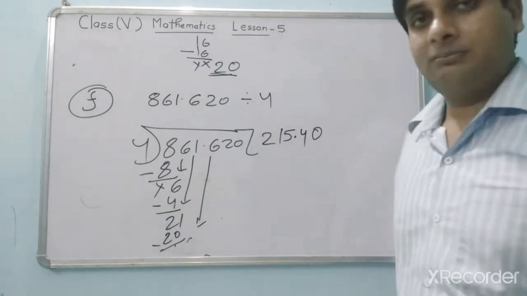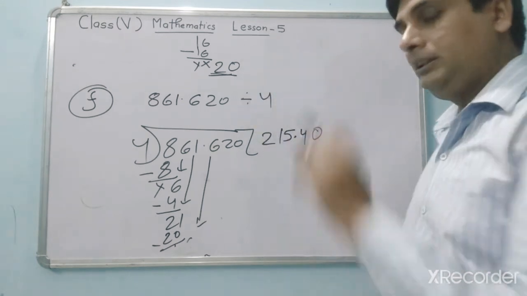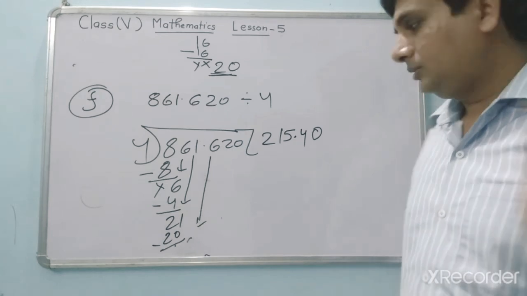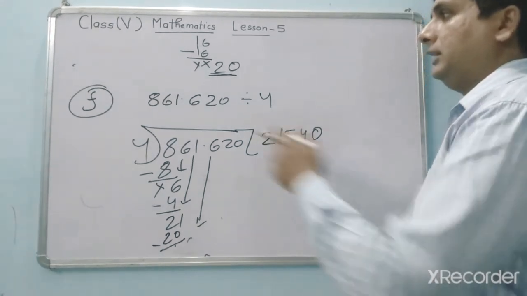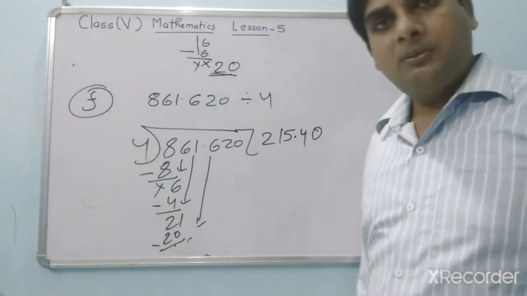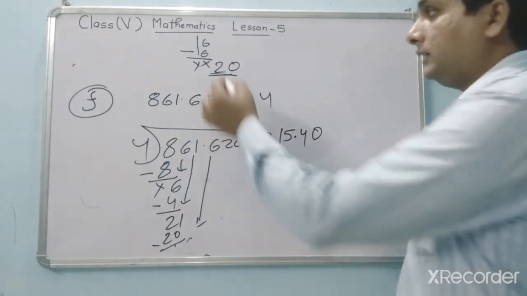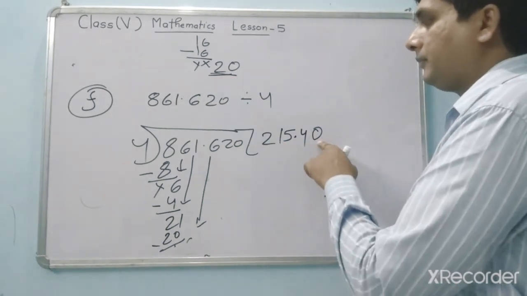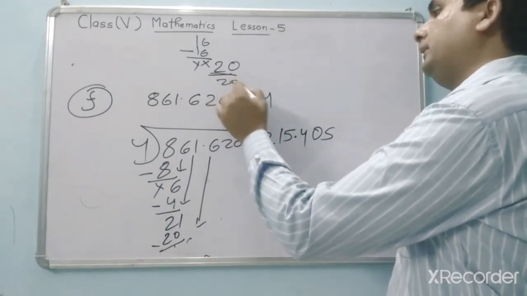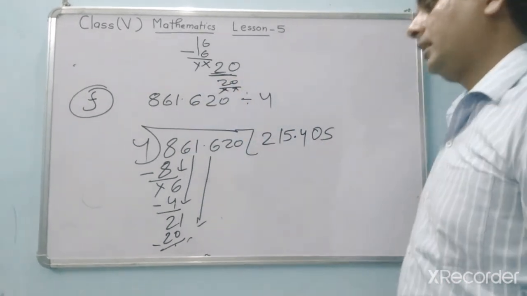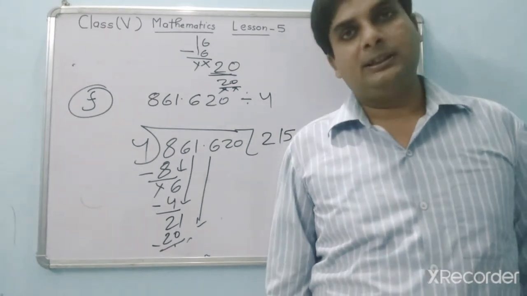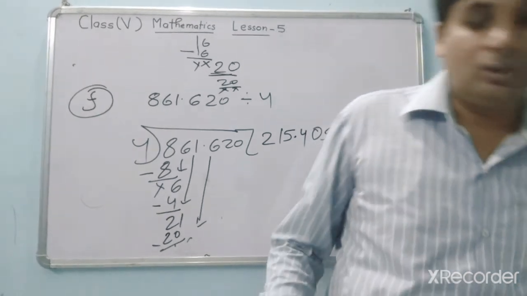It happens in the exam. In a hurry you forget to write the decimal, so all the answer will be wrong. So never be in a hurry. Check once, then you will find where you are making the mistake. Revise it after solving the question, and you will find your mistakes. Now you can see here, then after how many times? 5 times. 4 fives are 20. So this is the way you can solve the questions and you will get the answer. Now I think you know how to divide.